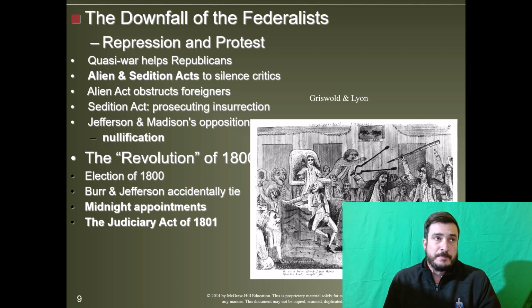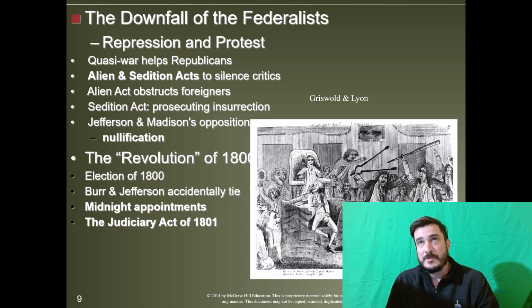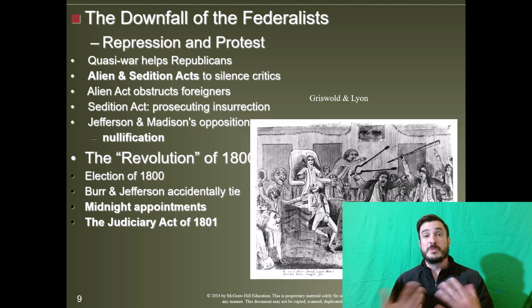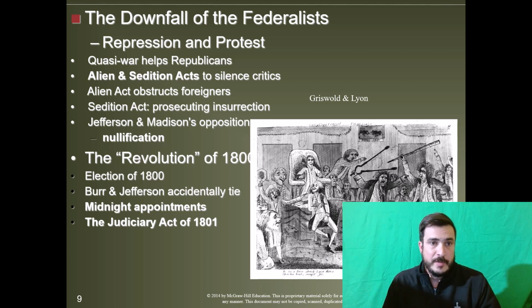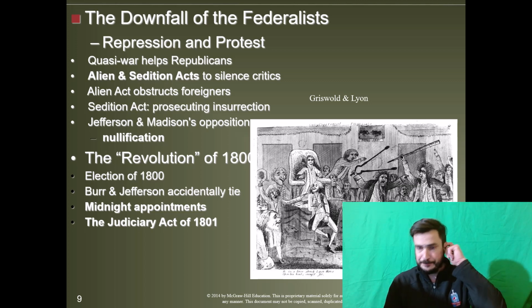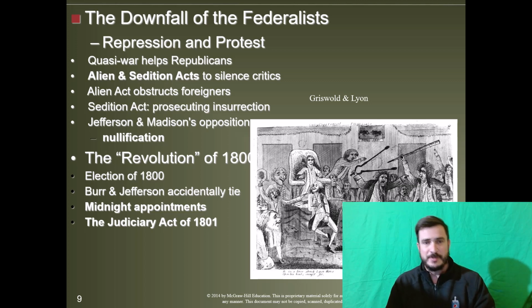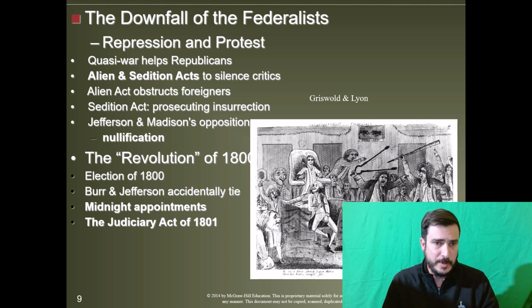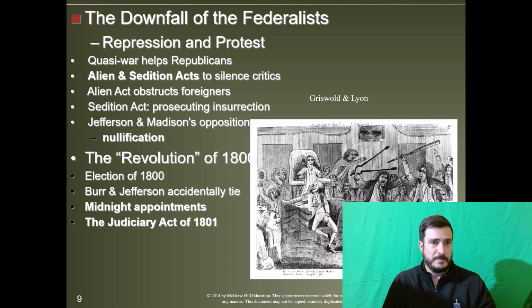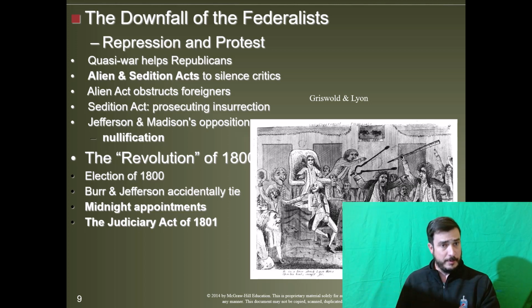The Sedition Act allows the federal government to imprison, or at least try and then maybe imprison, folks that were speaking out against the government, that were criticizing it or maligning it. Adams very reluctantly signs these acts, which to this day remain some of the most controversial in American history. They're clear violations of constitutionally protected rights to freedom of speech. But they're trying to shut down those critics that they believe are undermining the authority and the power of